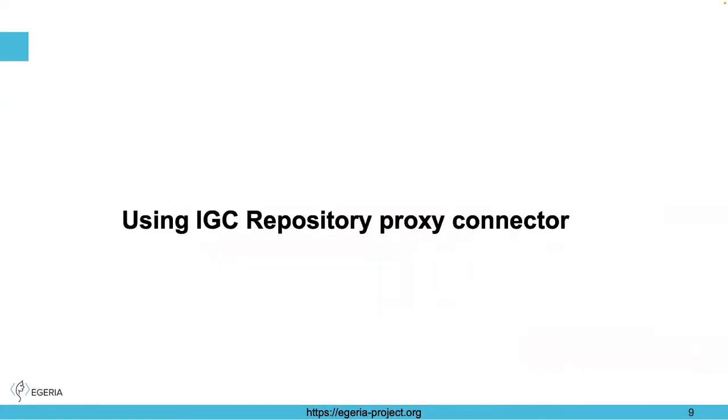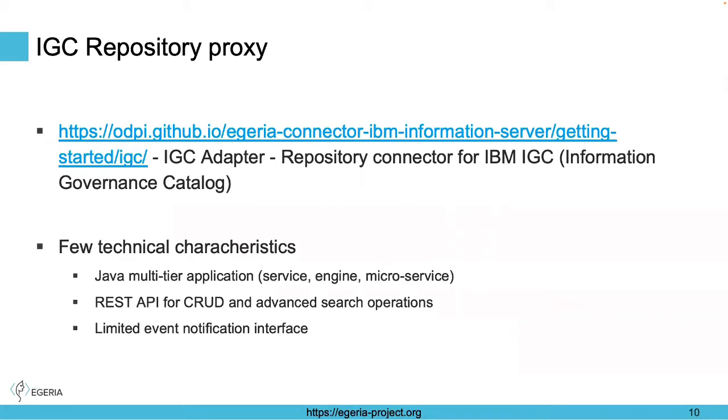So I would like to talk a little bit now about what we have seen or experienced in practice using the open source IGC adapter. It is a project, or a sub-project component connector, that is available under the open source community. This was created at the time to allow us to show that we can actually benefit from third-party technologies such as this one.